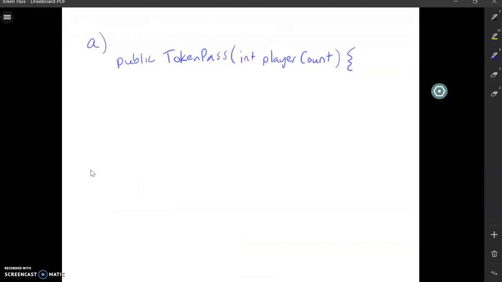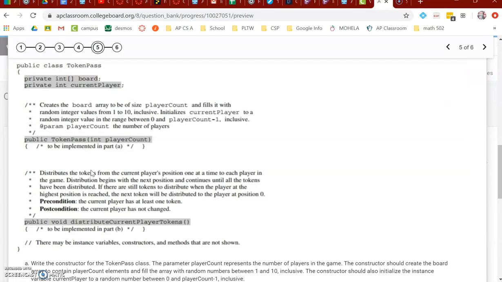So I have already written the header for the constructor. I picked this problem because it has a lot of components in it that are really common. It has random numbers, it has array creation, array traversal, a lot of good stuff. So that's what we're actually going to start with here, the creation of an array, because we have this board